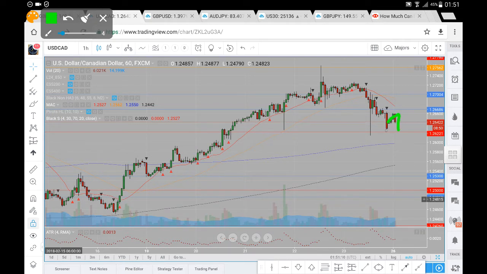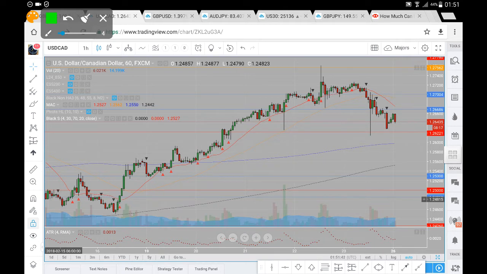So if we do see the continuation of sell side momentum, we'll see how prices react around 126.22. Around 126.22 we previously found some buy side momentum, and pretty close to that level we did see buy side momentum before. So we'll see how prices react around 126.22. A move from 126.22, we are looking for prices to head back up towards the 126.70. Successful break from which we're looking for 127,